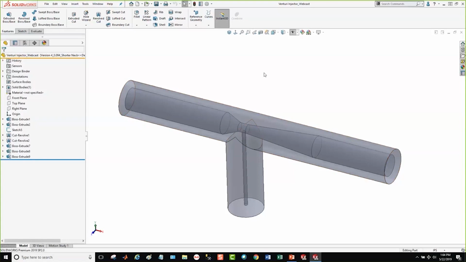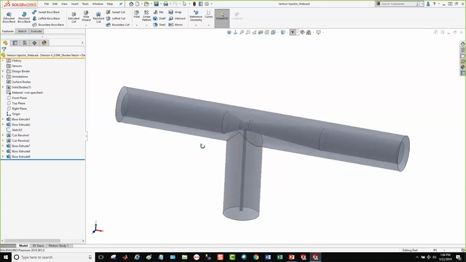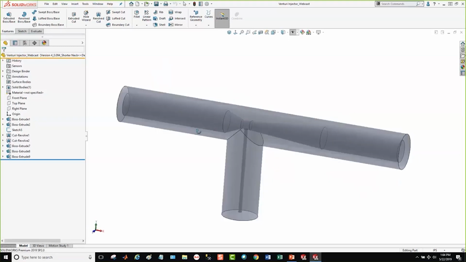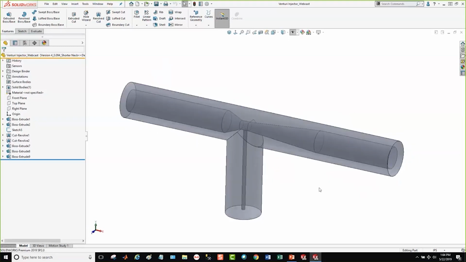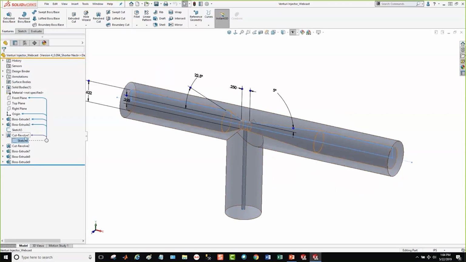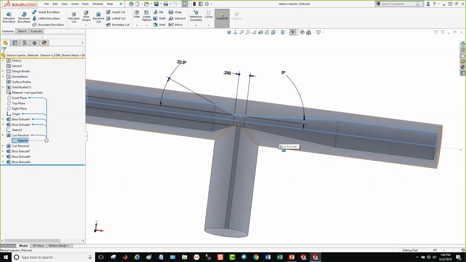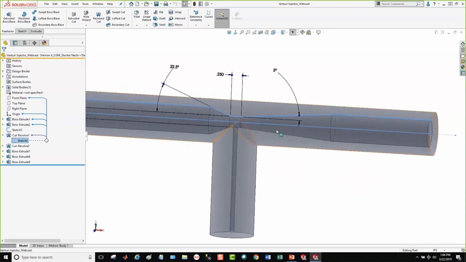So with SOLIDWORKS open, this is the existing part that I have done ahead of time. Not really anything magical about it, guys. It's basically two cylinders, one perpendicular to the other one. I went ahead and made it transparent just to make it easier on the eyes to understand what's going on internally. I also want to show you the Revolve Cut that I did on the inside. When it comes to Venturi Injectors, a critical thing in the design is on the main line, the outlet line, I should say,